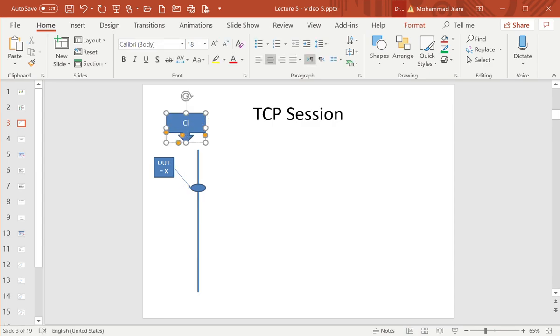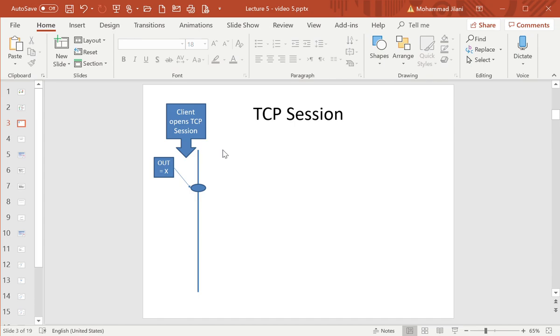Here I will say client opens TCP session. Okay. So here the client opens TCP session. Now TCP session means the transfer control protocol will access the socket, will take control of the socket and will say, now I am sending, oh, I'm sorry, this